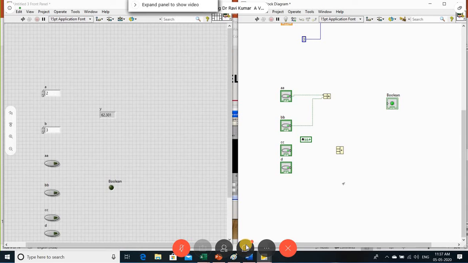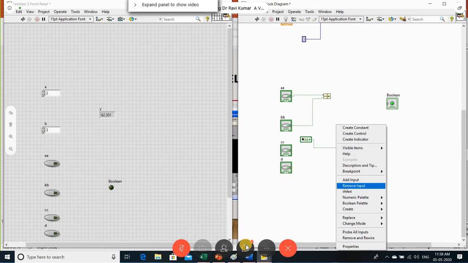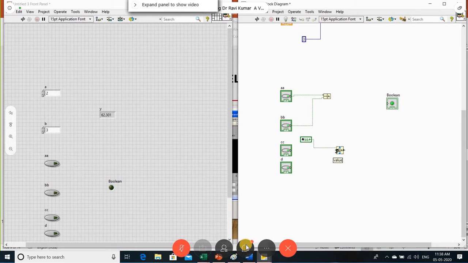Change the mode operation to an AND gate. Okay. So here it is B. I'm connecting it into this. Okay. Change. Sorry, I made an addition here. So change to AND. Okay. So now I can see that here I made it an AND. This is your numeric, this is a Boolean. There is an error. I can't assign the values to the addition of your Boolean expression. Okay. So that's what the given error is. It is a mismatched data type. So that's why I changed the mode operation to the AND operation. So this is your B and this is your C bar. So I should make it an invert here.